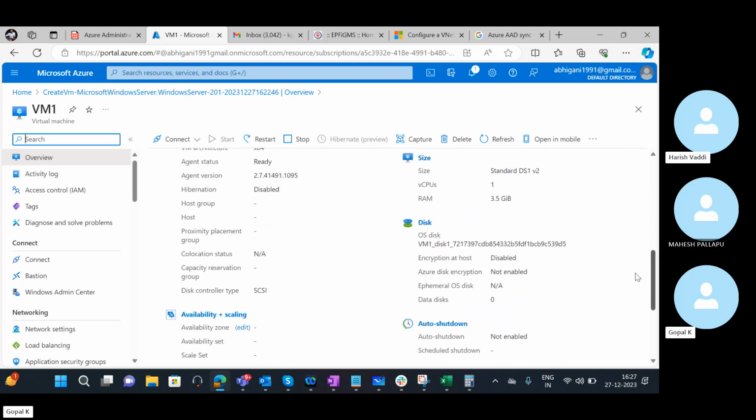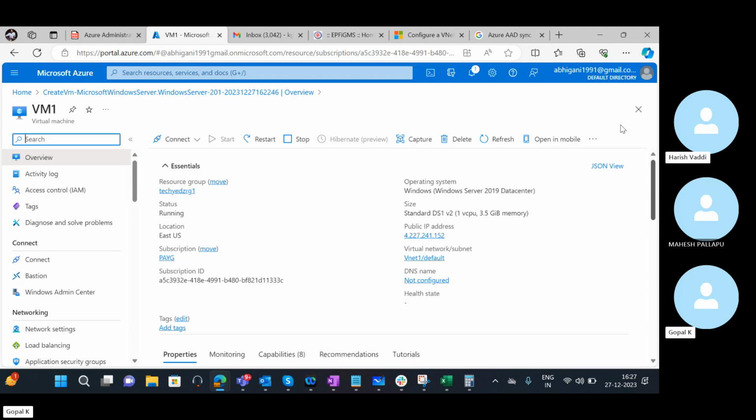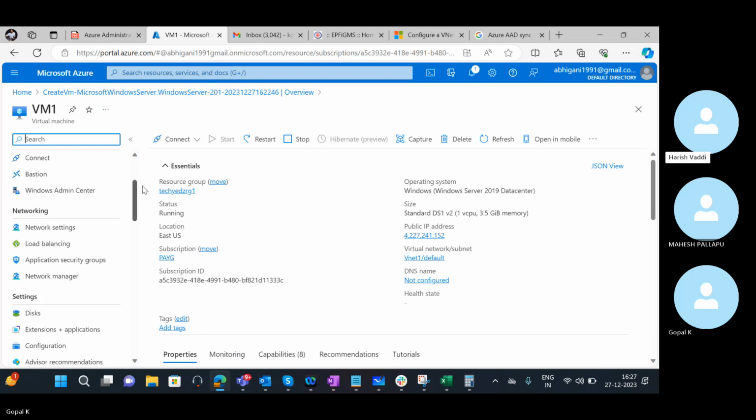Okay. So same thing, you will be able to see that. Now the operations that you can perform over this, I already explained to you regarding the activity log and IAM, tags and all, right? So there is something called